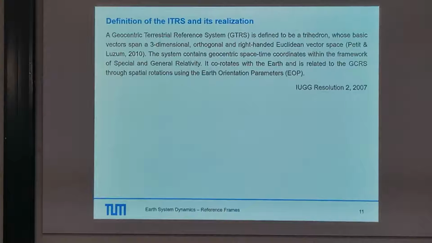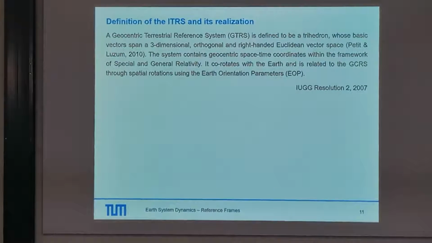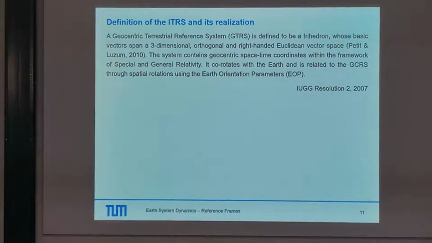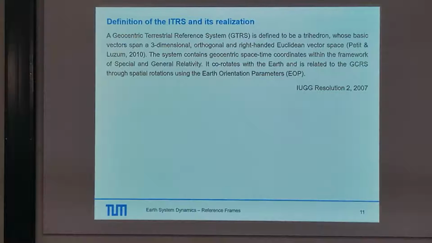In fact, it means that you have three-dimensional axes perpendicular to each other in a right-handed Euclidean vector space. Right-handed means that with the right-hand rule you can define the three axes x, y, and z. The system contains geocentric space-time coordinates, which means, in fact, that the time system of this reference frame is geocentric,